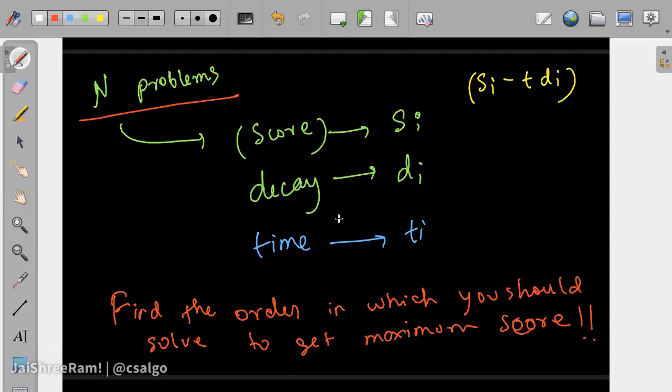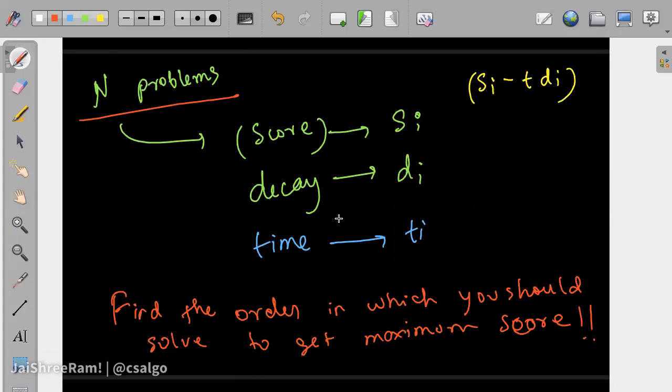Okay, so Balakrishna has an idea: multiply ti and di. Hmm.